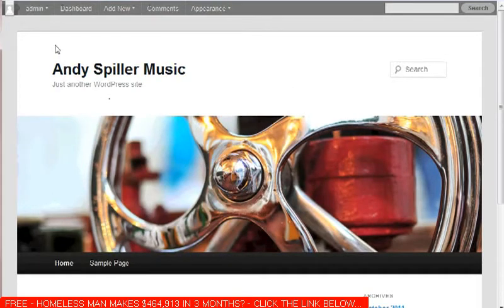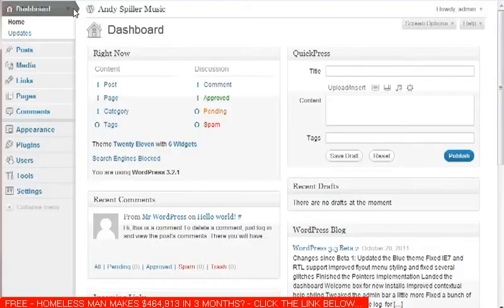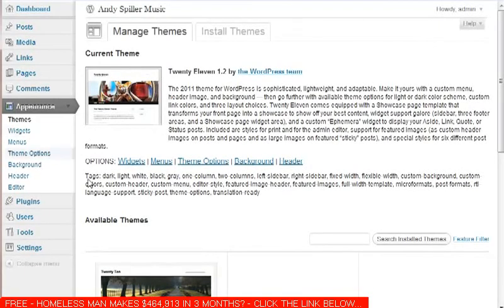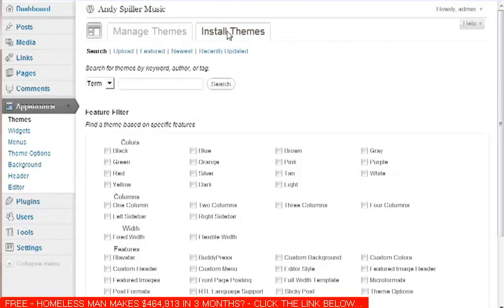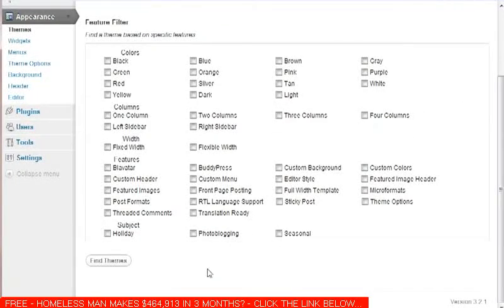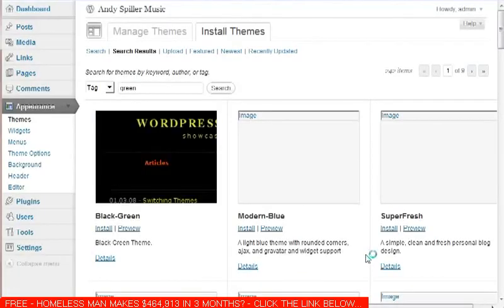Let's just add to that information. Let's go into the dashboard for a moment, and we're going to go to appearance, and find a different theme just to make it a little bit different from the default. So let's go install themes, and let's have a look. We'll just pick one of these from down here. I don't know where this is going to take us, but let's say we wanted it to be green. So we're going to find any themes that have a green base to them,